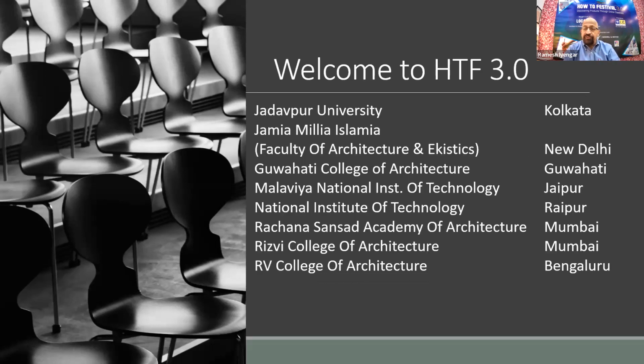Then we have Jadavpur University from Kolkata, Jamia Millia from New Delhi, Guwahati College of Architecture from Guwahati. They are a debutant this year. Malviya National Institute, MNIT from Jaipur, NIT from Raipur, Rachna Sansad, Mumbai, Rizvi College, Mumbai, RV College, Bengaluru, and then